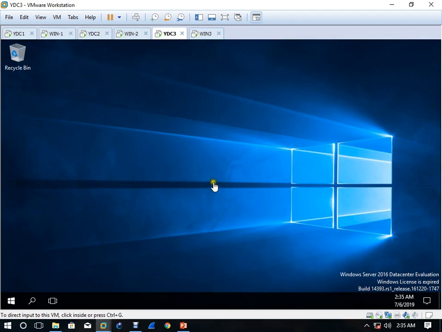So here I logged in with the IIHT administrator on the tree root server. So we are going to make a tree root server.